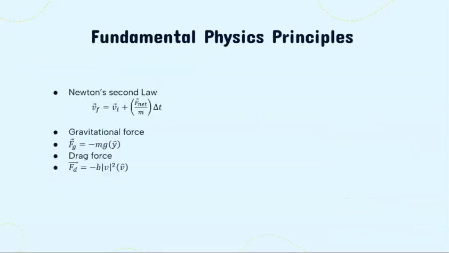Some fundamental physics principles for this lab include Newton's second law when F net is not zero, and gravity and drag force. Newton's second law will be represented via the velocity update formula. Gravitational force on Earth is equal to mass times acceleration g in the negative y hat direction. And finally, the drag force is equal to negative b times the absolute value of velocity squared times v hat, where b is a proportionality constant, and absolute value of velocity is speed, and v hat is the direction of